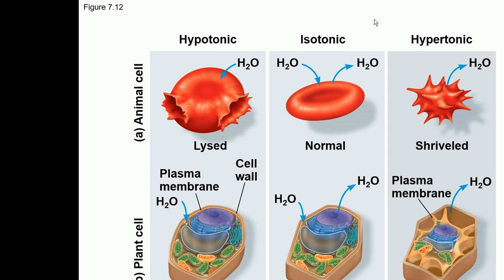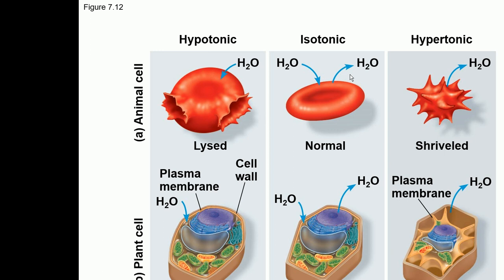The hypertonic solution is that solution which has high salts in it. So if we say the cell is in a hypertonic solution, it means that the solution outside the cell has more salts as compared to the salts in the cytoplasm. In that situation, what is going to happen? If outside the cell there are more salts, it means water is going to be less outside. It means water is going to be more inside. So there will be more water inside.